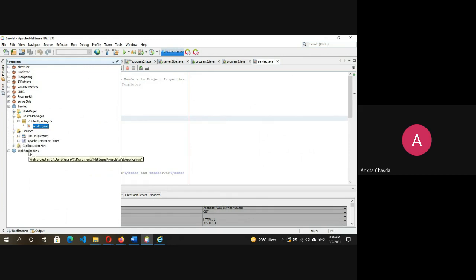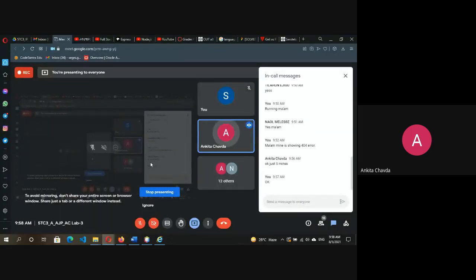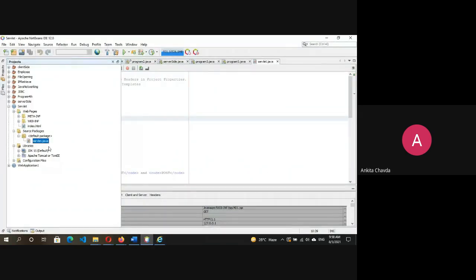Okay, just go to services. In my screen, you can check, you have projects, services, and files. So go to services, not in the web services, in the servers. Apache Tomcat is there. Check whether it is started or not.